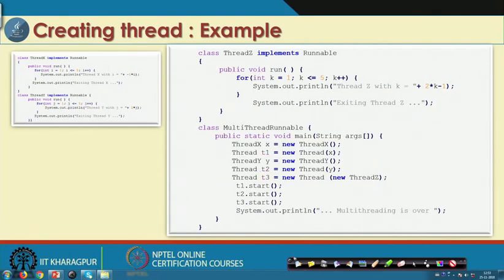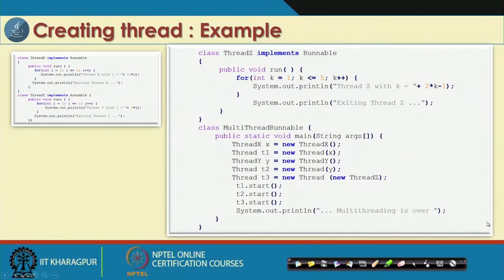So, this is multi-threading using the runnable interface, as we have learned here. We can see it is basically the same thing, implements versus extends, and then just how to create the thread object. Otherwise, the run method and everything else is the same in both concepts. So, these are the two ways of running a multi-threading program: using extends and the runnable interface.